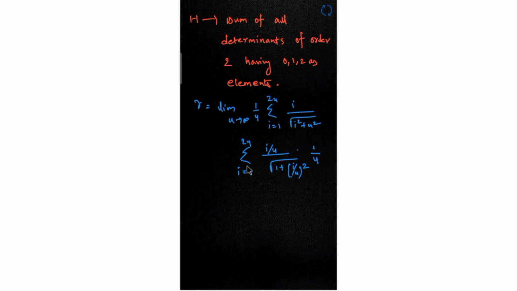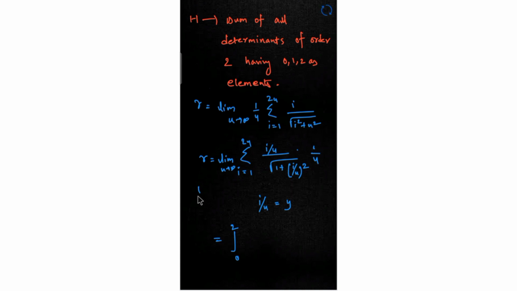I'm just putting this into the sigma because it has nothing to do with it, so I can put it inside the sigma, and this is the value of r. I just need to put the limit u tends to infinity. So this is what I get. Now I can convert this into a definite integral by considering i by u as some y. Then just differentiate these values. With respect to u, you get here 2. Here this is a constant, so differentiating it gives 0, and this i by u as y.